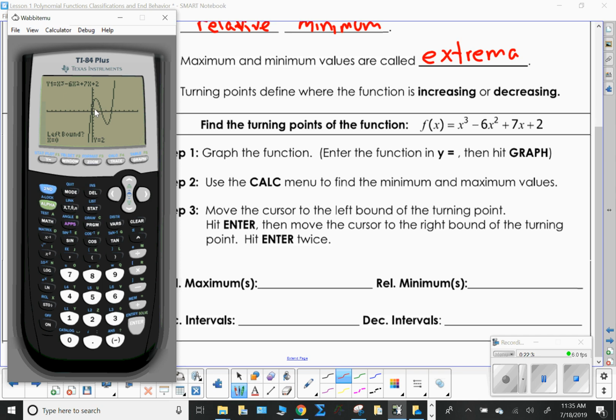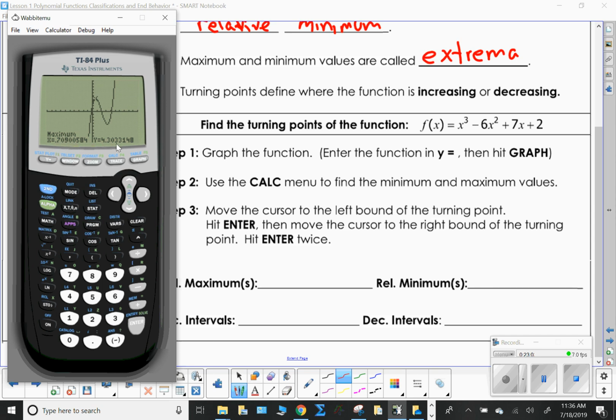See where the cursor is to the left of the maximum? So I just press enter. Then I'm going to move it along the curve until it goes past the maximum and is to the right of the maximum, and I press enter. And then for the guess, I just press enter again. And this tells me that my relative maximum is positive, is at